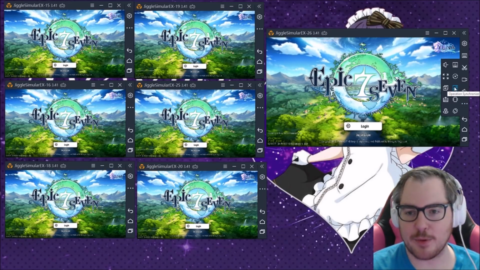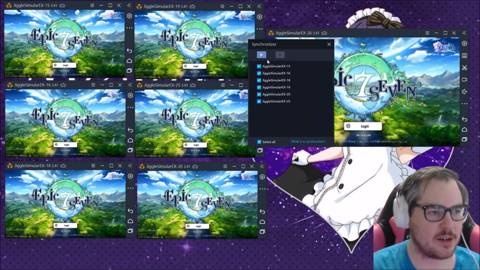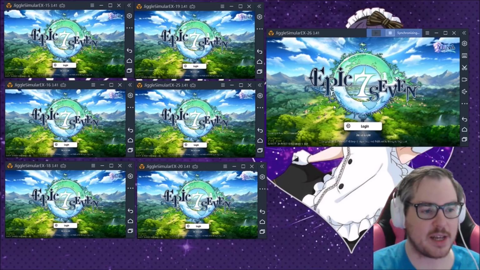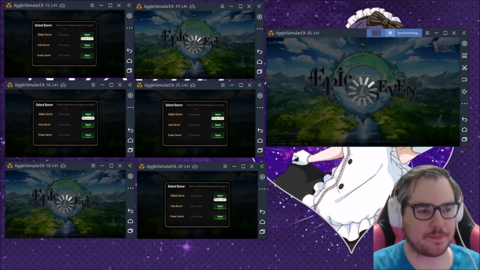And we want to hit Operation Synchronize here. This is the golden ticket to this, and we would just want to have them all selected here and hit start. So what this does is anytime you click on this window here, you're able to reproduce the action to every other window. And you can generally keep them in sync. It really depends on